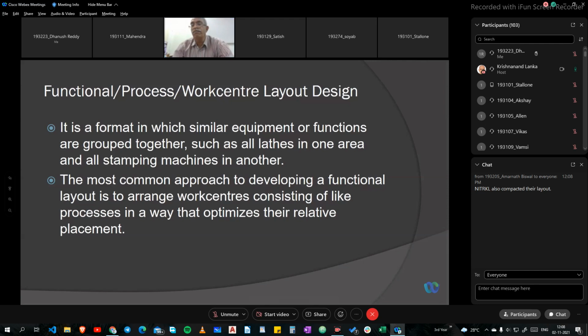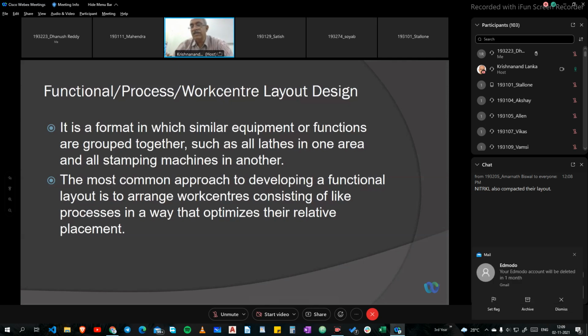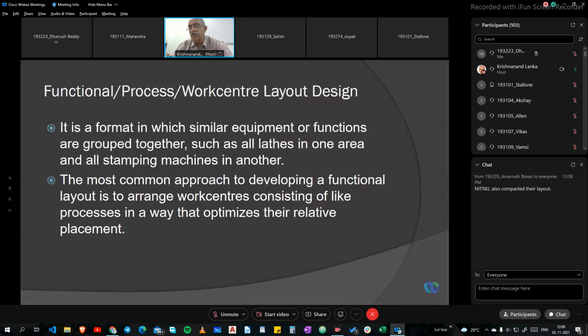Why we keep this criteria as the number one criteria is because there are certain value added activities and non-value added activities. One of the non-value added activities is transportation and inspection. Transportation is a kind of necessary evil. You have to minimize it, right? So what we do is how to reduce it.